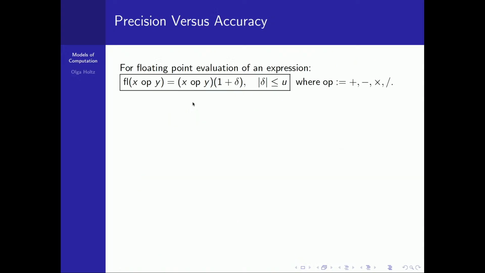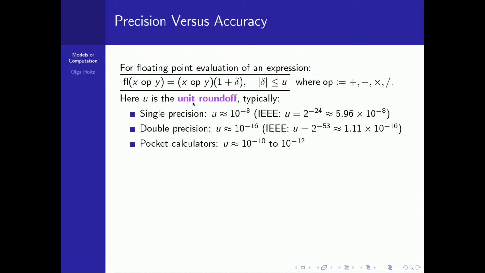Right. Okay, cool. So maybe 2 words about precision versus accuracy. Pardon me. These words are often used interchangeably and are kind of confusingly replaced by each other. Again, if we want to be accurate, if we want to be precise here, we need to split those hairs. And so accuracy is not precision. So just maybe a few words again about the basic model of floating point. So here I wrote it finally for you.